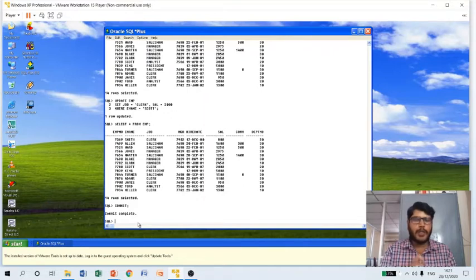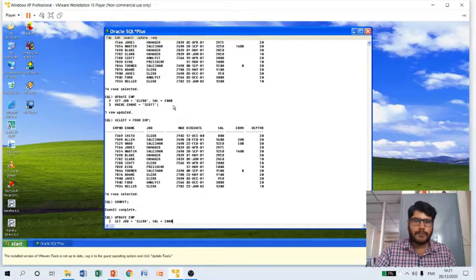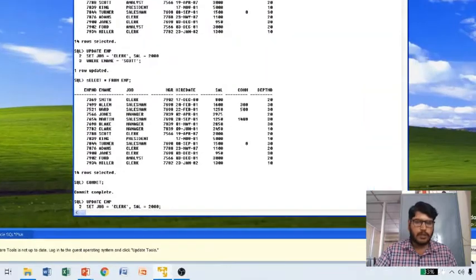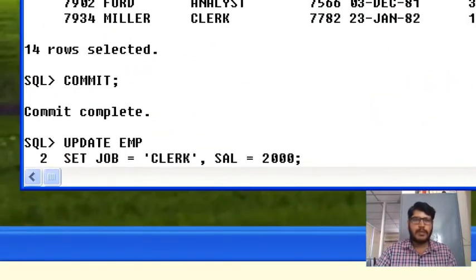Now let me show you what happens if I am not using where clause. You can observe here, I'm going to simply copy the above statement except where clause. Now you can observe what I have written. I have written update EMP, set job is equal to clerk, comma, sal is equal to 2000.